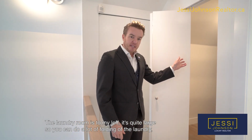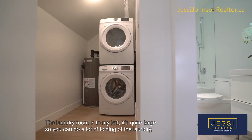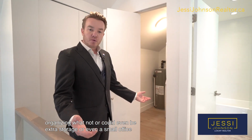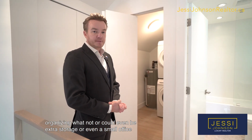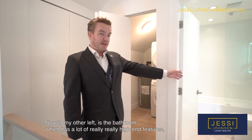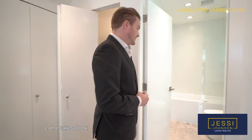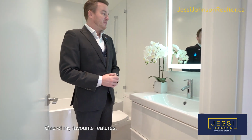The laundry room is to my left. It's quite large, so you could do a lot of folding of the laundry, organizing, whatnot, or it could even be extra storage or even a small office. Now, to my other left is the bathroom, which has a lot of really, really high-end features. Come take a look. One of my favorite features,